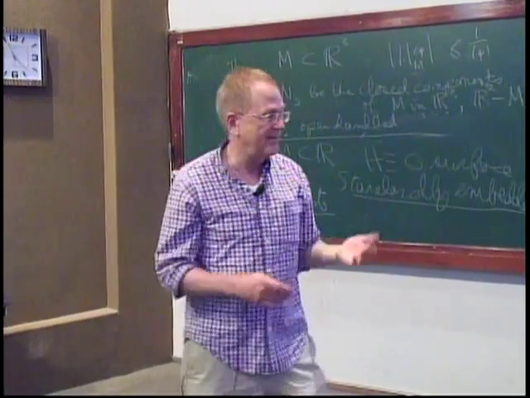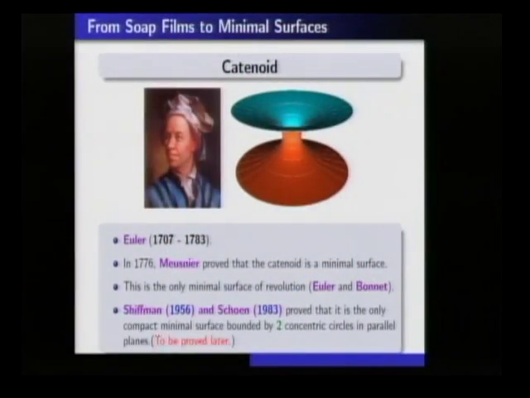We could maybe see some things about that later. But that principle, which is very standard, but somehow people hadn't picked up on it before, is probably the best way to see that you get a catenoid. You get lots of reflective symmetry, then you get a surface of revolution, and Euler and Bonnet proved that if you have a surface of revolution, then you have a catenoid.